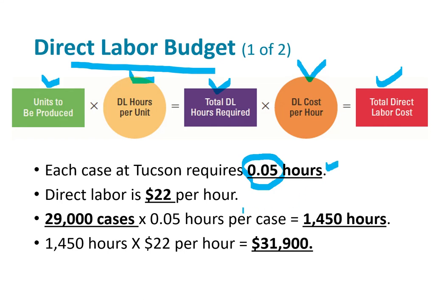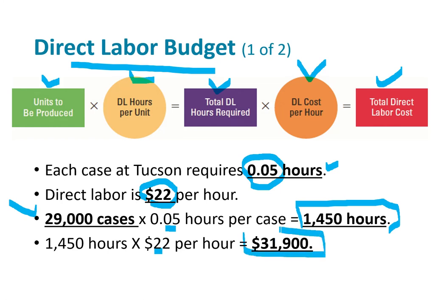Okay, so they're obviously heavily automated. The labor is paid at $22 an hour. Here's that 29,000 cases we know we need for January, times the 0.05 hours, which means a total of 450,000 hours, and then times the $22 means there's the amount